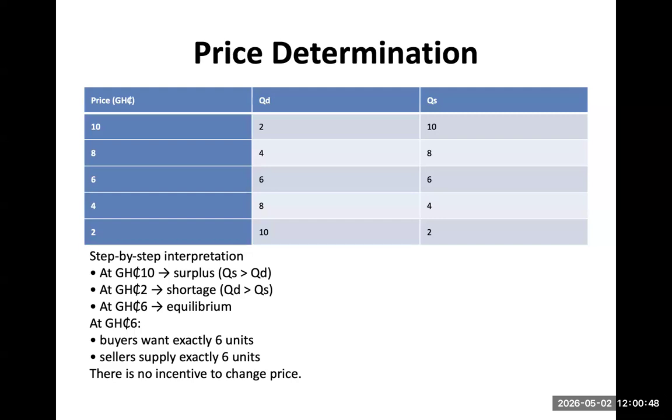An example is whenever there's a bumper harvest. What happens whenever there's a bumper harvest of tomatoes? The prices go down. The prices are always low. Yes, because more are available for consumption, but the buyers are fewer. So for them to catch up with the market, they will reduce the price of the product. That's what we are talking about now.